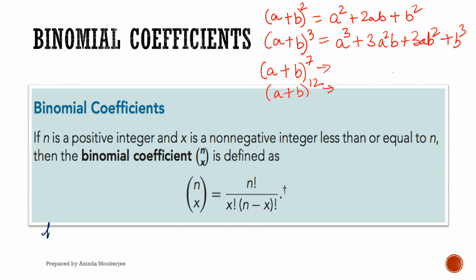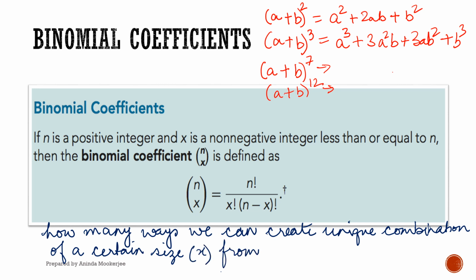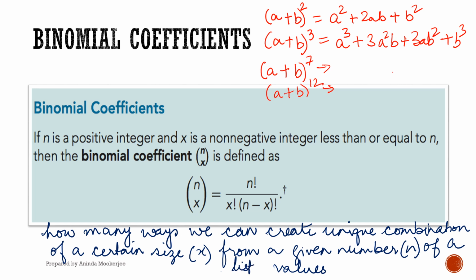All right, it tells us how many ways we can create unique combinations of a certain size, which we will denote with the letter x, from a given number, which we will call n, of values, a list of values. So it says how many ways we can create unique combinations of a certain size denoted by the symbol x from a given number n of a list of values,